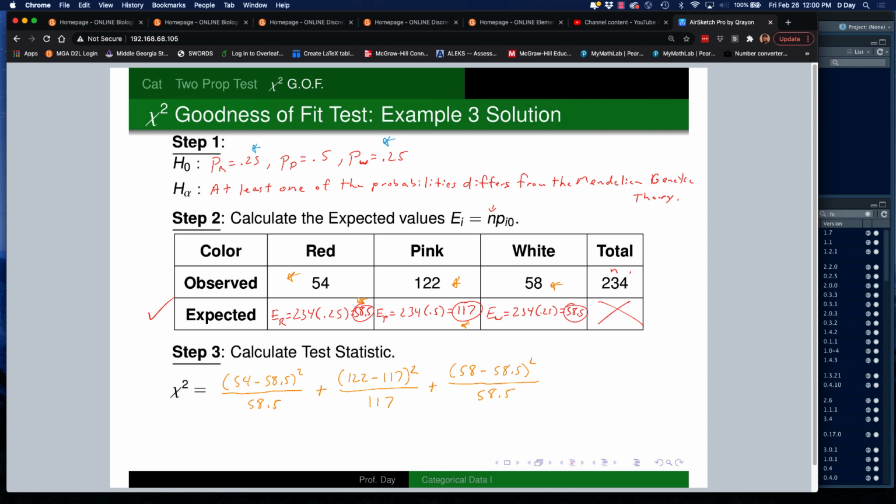All right, when you do the squares of the tops, divide by the bottoms, and then add them all together, what you end up getting is the following: 0.5641. So there's our chi-square test statistic. Now we're going to need that to figure out the